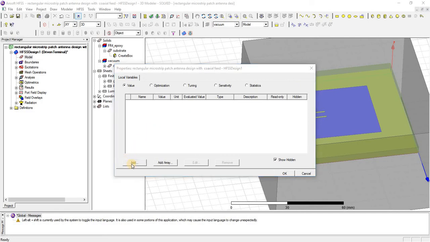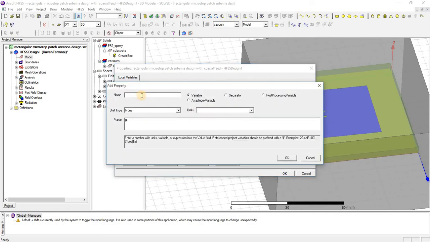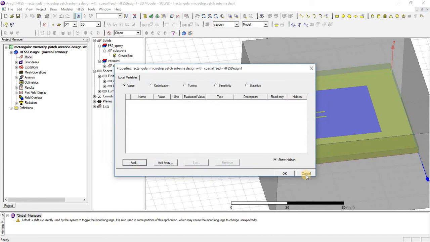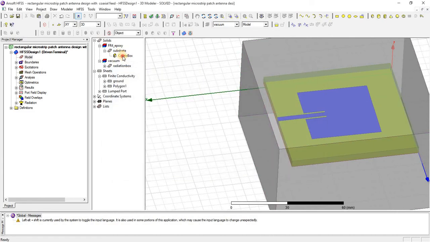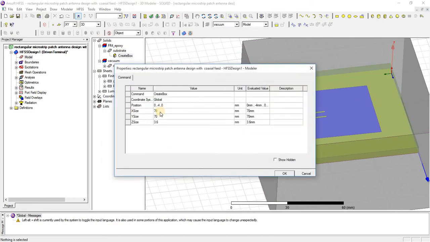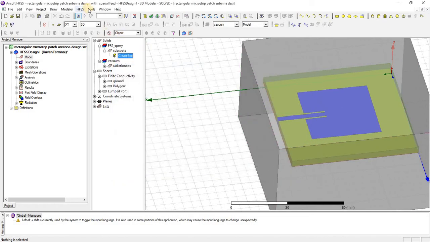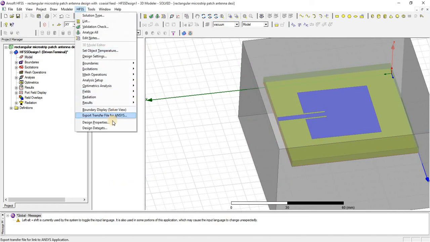We will add one. Here you put the name of the variable and here the value of the variable. You must also define the unit of the variable.